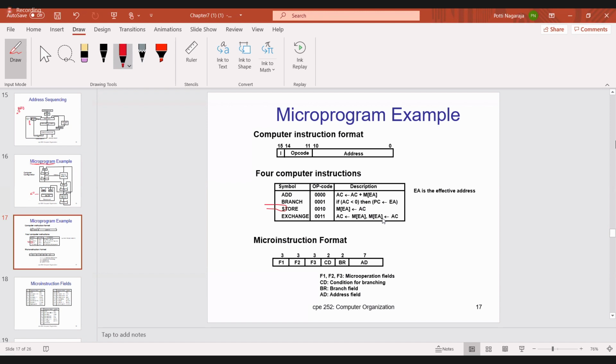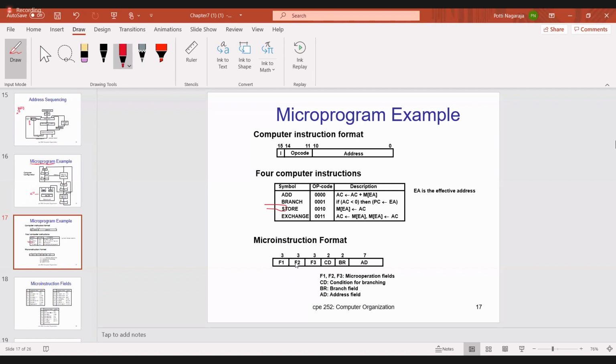Then micro instruction format. Micro instruction format is 20-bit. So in that 20-bit, now try to verify all of you. In the exam we'll ask. So micro instruction format has how many number of bits? 18 bits, 12 bits, 20 bits, 16 bits. Then you would write the answer 20 bits. So 20 bits are there for the micro instruction format.